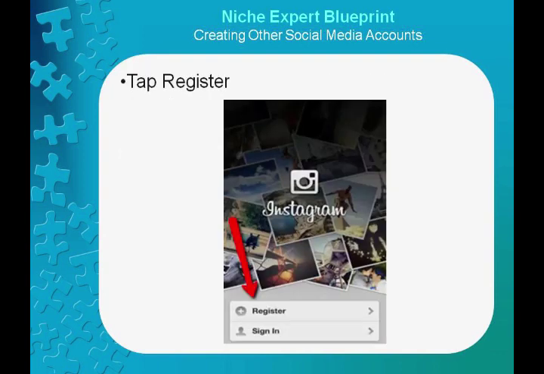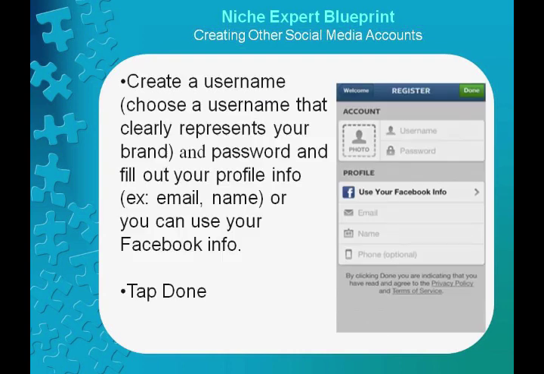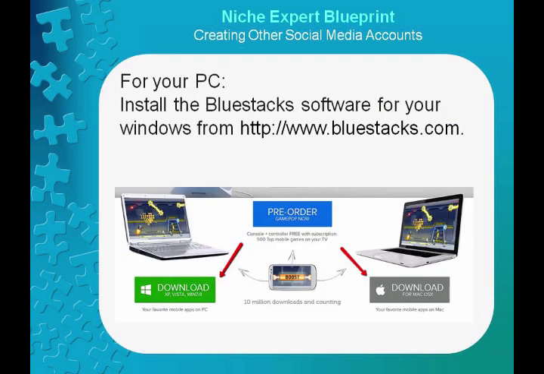Tap Register. Create a username. Choose a username that clearly represents your brand and password, and fill out your profile info. Example, email, name, or you can use your Facebook info. Tap Done. For your PC, install the BlueStacks software for your Windows from